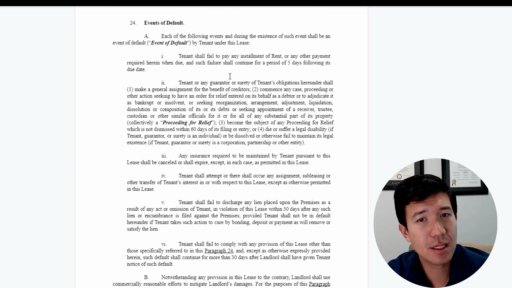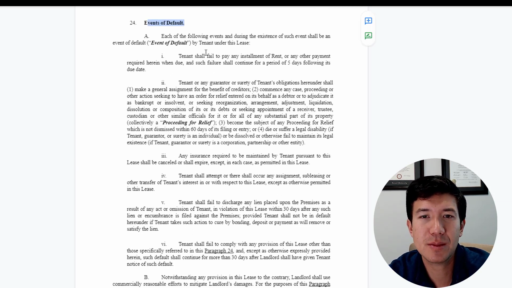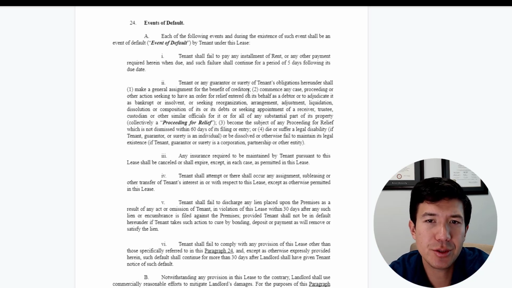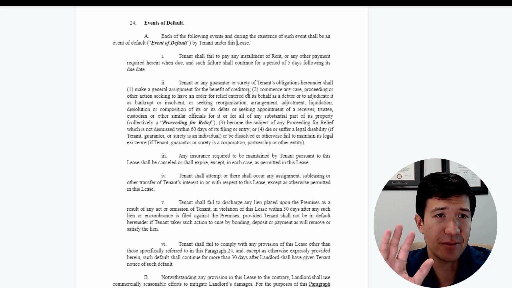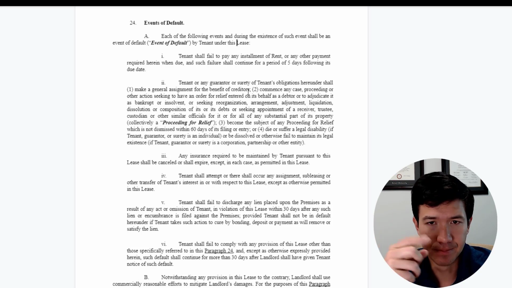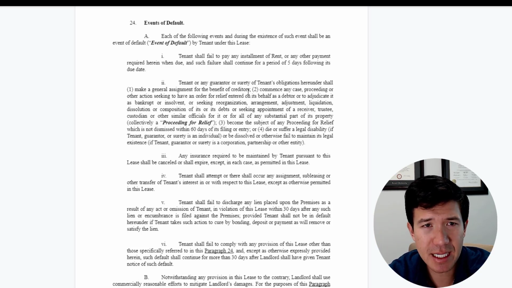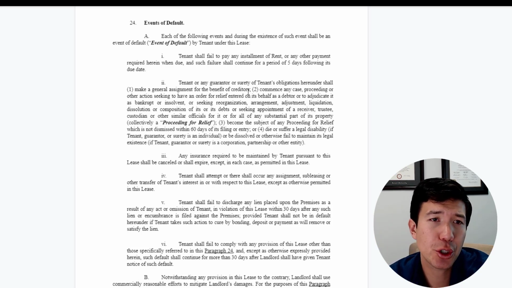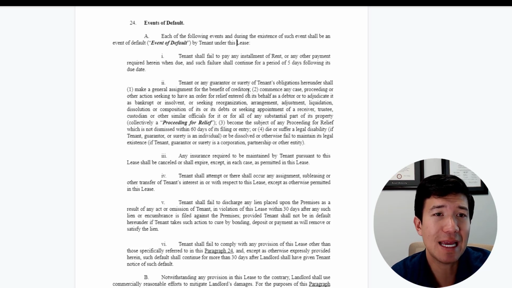Default. This is an important section. You want to spend some time on what constitutes a default. Do you have a universal cure? Do you have a monetary cure period? That can be something like 5 days after written notice from the landlord. They only have to give that warning once. But for monetary defaults, it should be a shorter cure period if you're going to put anything in, versus a universal cure period, which is any other type of default.